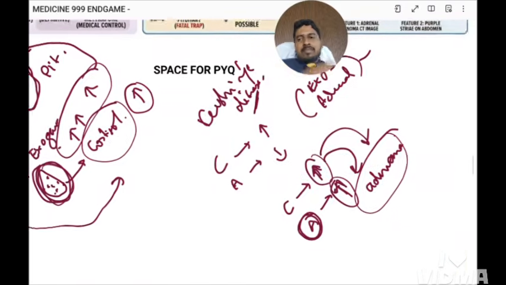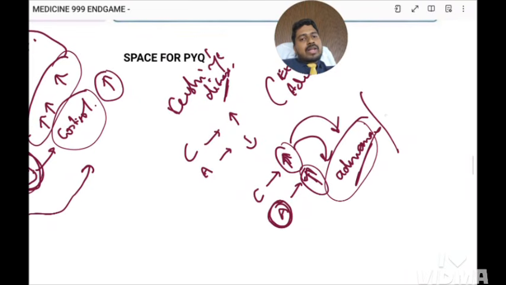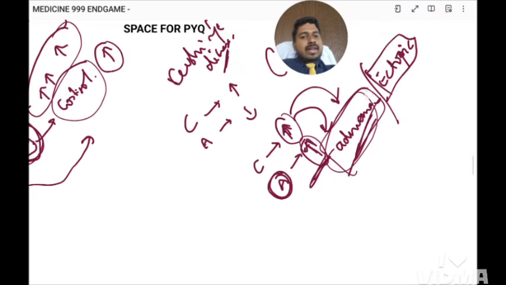Now, I told you ACTH can be increased in case of adenoma, but it can also be increased in case of ectopic, meaning there is some tumor which is secreting ACTH. Now how to know whether the increased ACTH is from the pituitary adenoma or from the lung, which is secreting ACTH, lung carcinoma? So how to differentiate? The easiest method is this: whenever the pituitary adenoma secretes ACTH, this ACTH will inhibit something